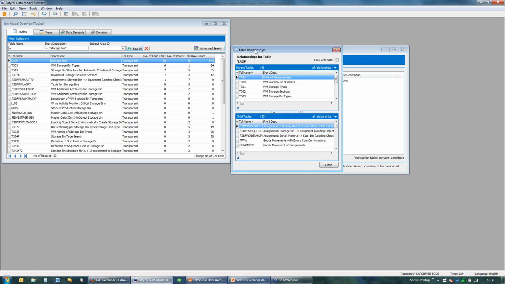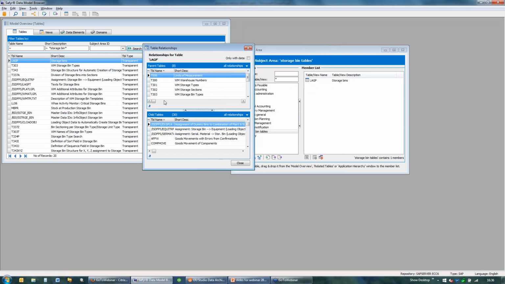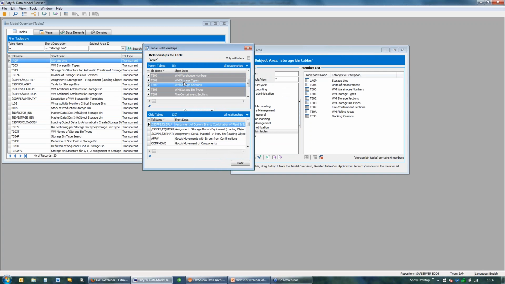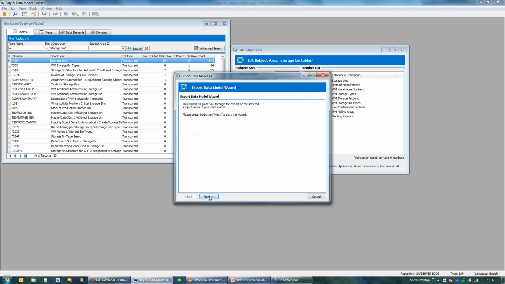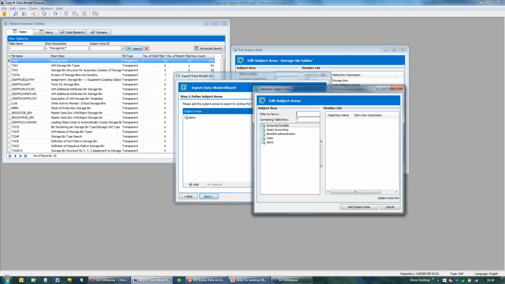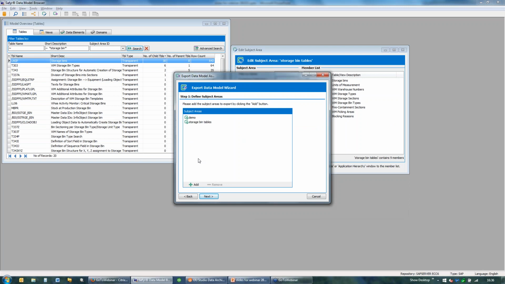Then I'm also going to get this window up, which shows us the directly related tables. You can see the 8 parent tables are at the top of the list, and the 30 child-related tables are at the bottom. In order to make a more meaningful data model, I'm going to select those 8 parent tables and add them to my subject area of storage bin tables. So I've got a little group, there are actually 9 tables, and now I'm going to take that subject area and add it to